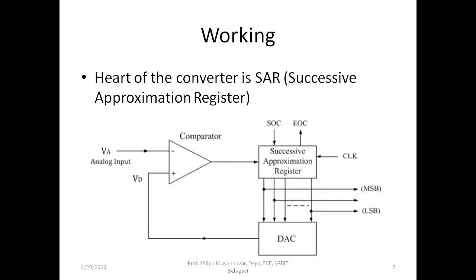The analog output of the digital to analog converter is compared to an analog input by the comparator. The output of the comparator is a serial data input to the SAR. The SAR then adjusts its digital output until it is equivalent to the analog input. The 8-bit latch at the end of conversion holds the resultant digital data output. Here EOC represents end of conversion and SOC represents start of conversion.